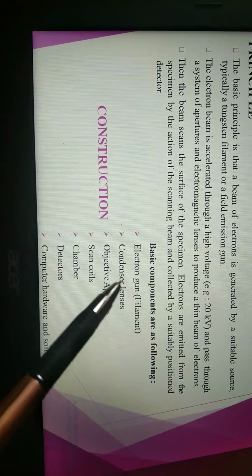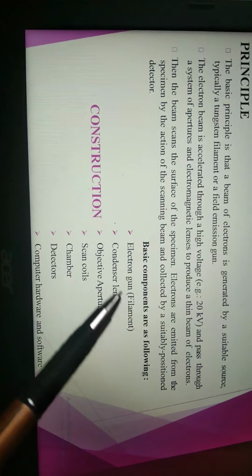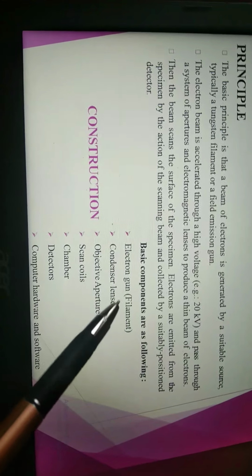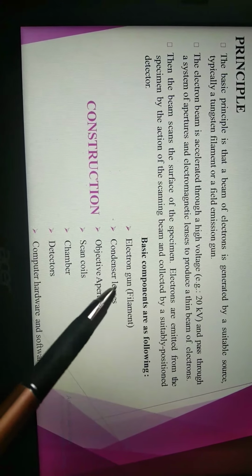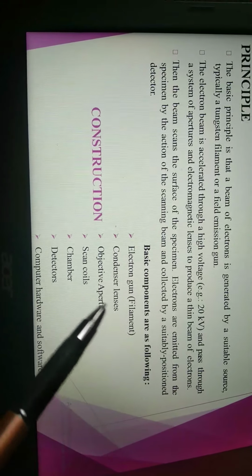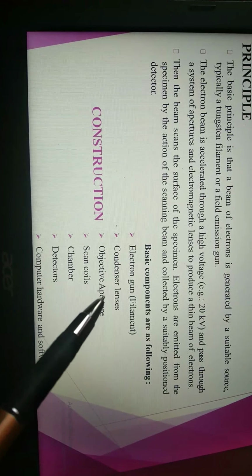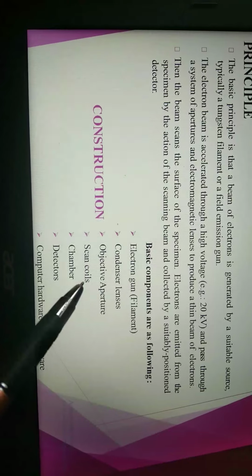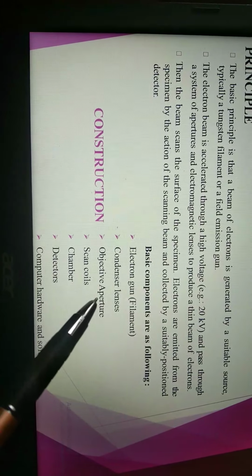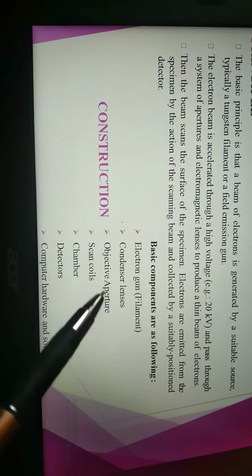They have the function to regulate the spot size and the intensity of the electron beam, and the illumination of the high angle electron beam is also there. This gives us the fine beam of electrons which is given towards the objective aperture. This objective aperture receives the beam of electrons and gives it towards the scanning coils. The scanning coil has the specimen, and this specimen is covered with gold or silver, which increases the electrical conductivity to scan the specimen.